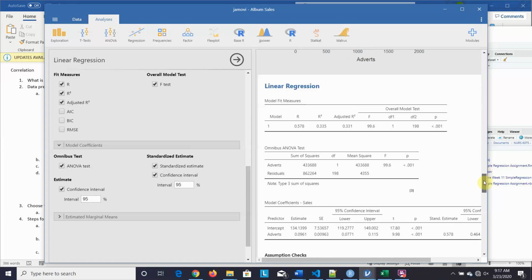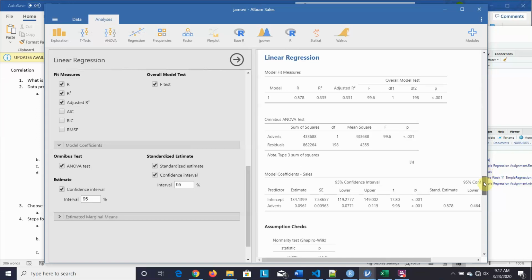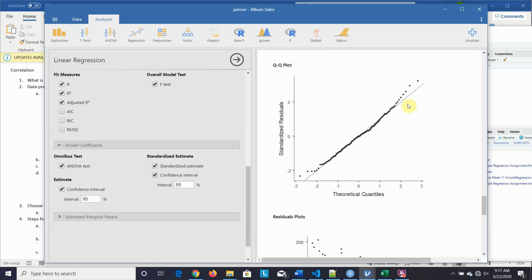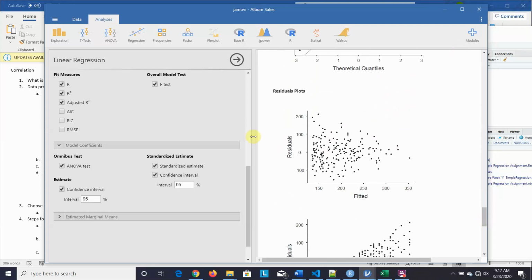So probably a good thing to look at first before we jump into assessing our regression is to take a look at our assumptions first. So we have our normality test. It's not significant. And again, we looked at our skewness divided by standard error. The skewness didn't have a problem, so we're pretty okay with that. There's our variable, and it's not too bad. So these residual plots,